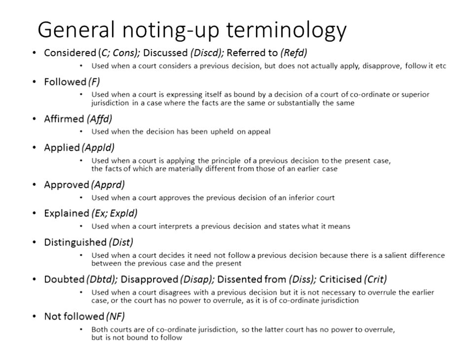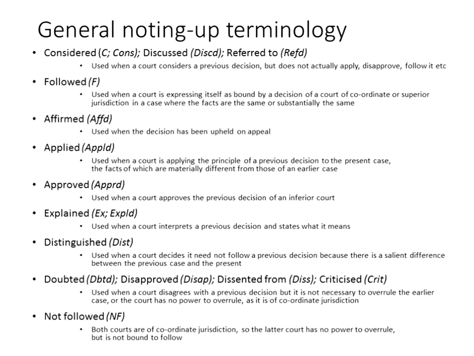And the other one, applied. So this, as you can see in the description there, the facts are actually materially different in that situation. And approved is where a court approves the previous decision of an inferior court, so it's gone up the hierarchy, but it approves what has been done. So they might also have some explanation around it, so explained. Now, distinguished indicates that the court decides it need not follow a previous decision because there is a salient difference